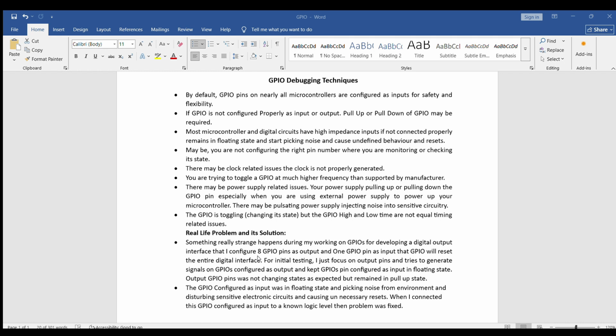First of all, you will try to analyze your code, and you will look at your code again and again, and the code is okay, but the GPIO pins are not toggling or changing state as expected. In that case, most probably there is some other pin configured as an input pin. In my case I left one GPIO pin configured as an input in the floating state, and that pin was picking up noise, or random data, and disturbing the internal sensitive circuitry which consists of FETs and other really sensitive components, and in turn the protection circuitry of my microcontroller triggered and pulled all the GPIO pins to the high state.